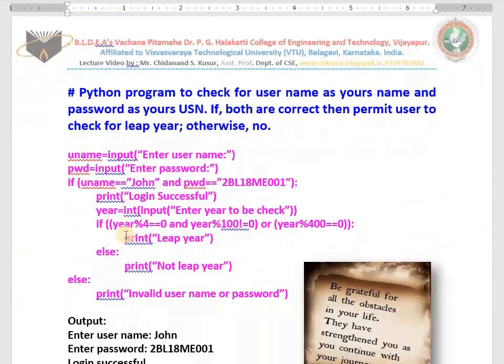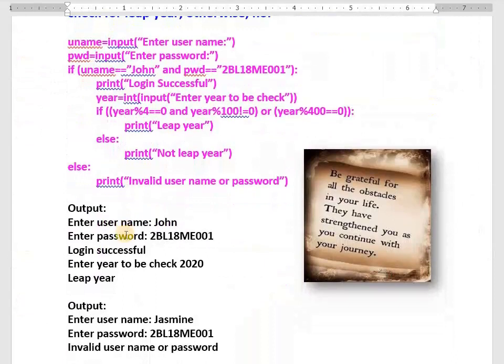See, this is a very interesting program on string comparison. Please write it as an example if you have time in the exam. This is a program that will ask you to enter a username and password. If the username and password match your name and your USN, login is successful.